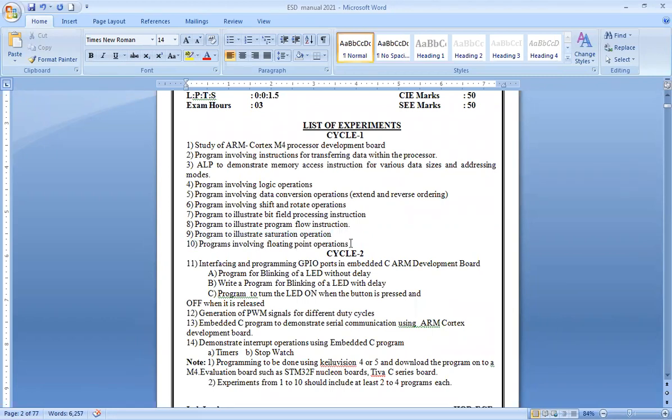Can you tell me what a floating point operation is? Yes, you can unmute and respond. Which contains decimal values. Good, good. So which contains decimal values.